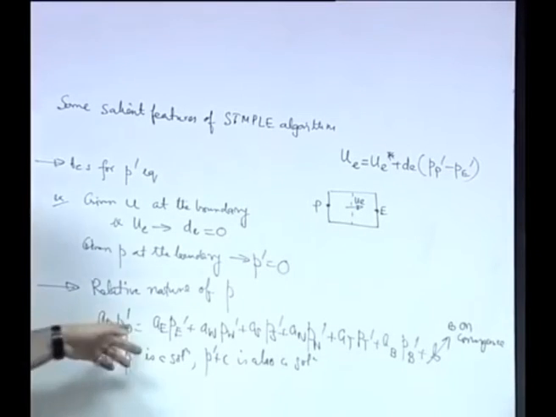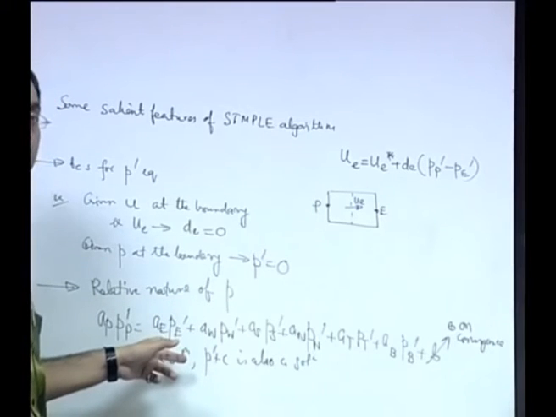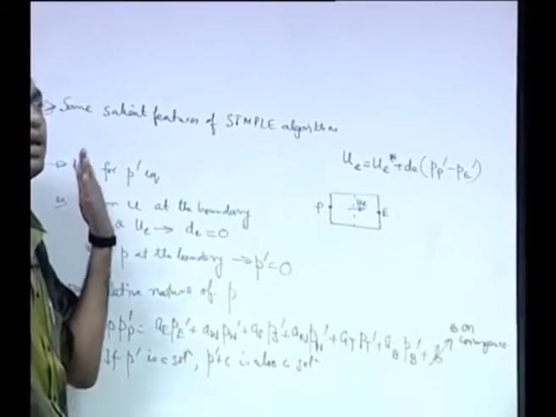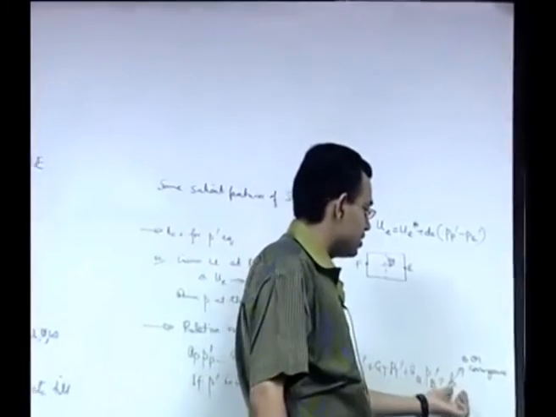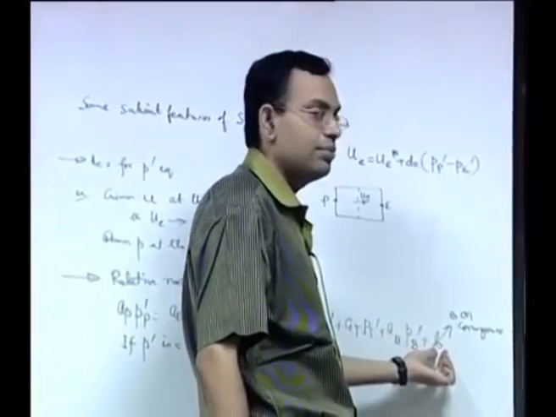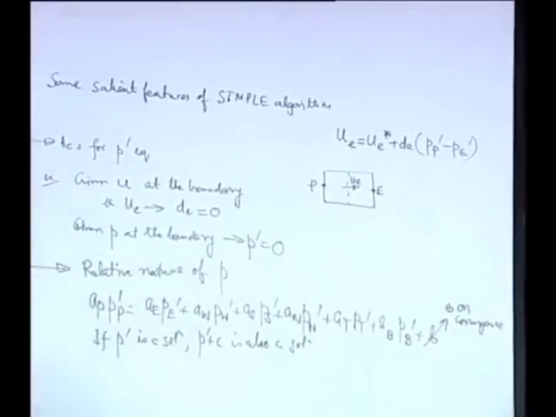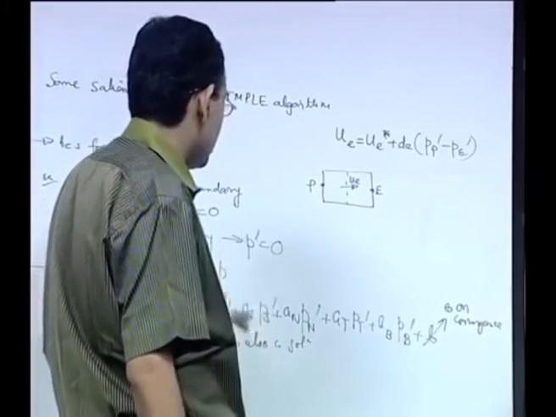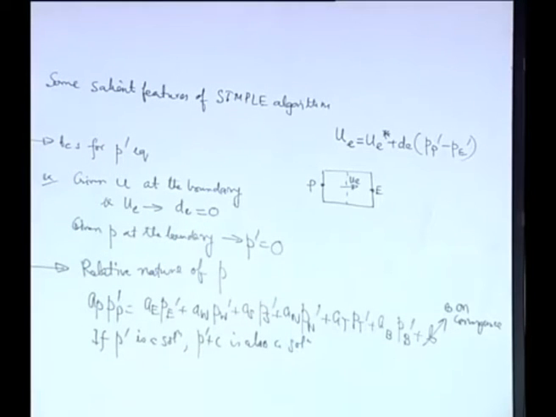In fact P dash equal to 0 is a trivial solution of this equation, and that is quite physically intuitive, because 0 pressure correction means as if you have arrived at a converged pressure where there is no further correction of pressure necessary, and when there is 0 pressure correction, the mass source term in this equation becomes 0. Okay. So it is very important to keep in mind that the pressure correction equation has this very important specific characteristic.